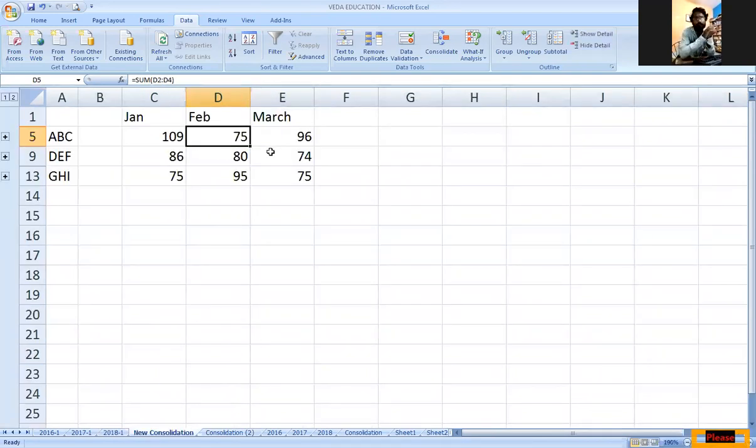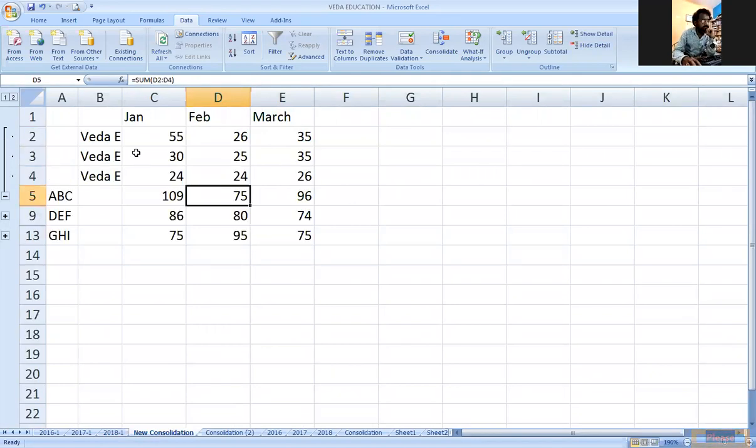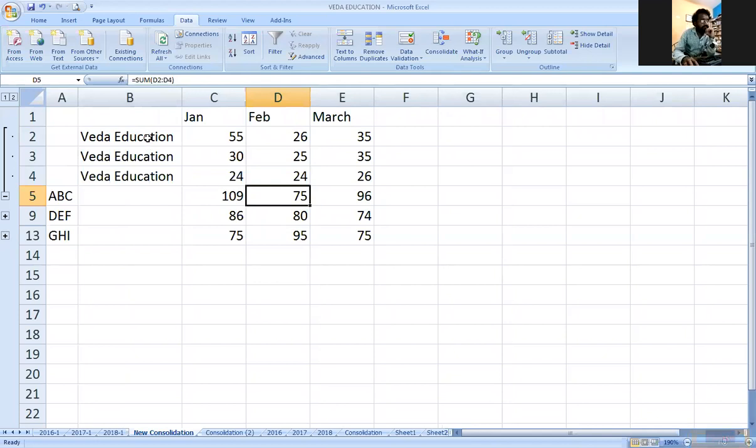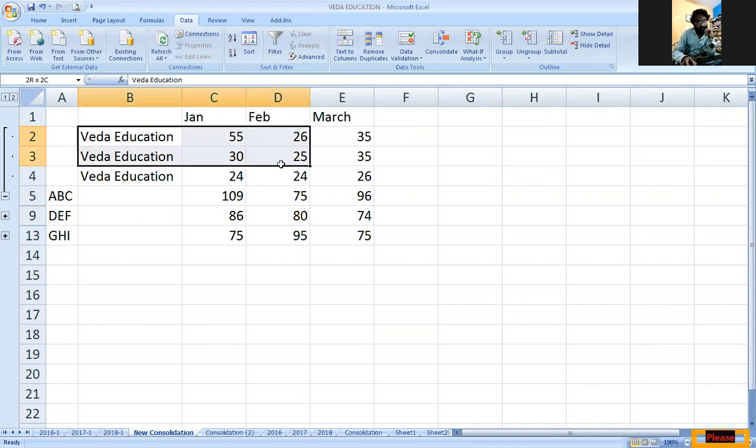And we have new things added to your columns. See this, go to the row headings 1, 2, 3, 4. There is something hidden. Click on these plus symbols, and you can also get it like this. This way, in the education sheet 1, the value is 55, 30 and 24, and the summation of this is 109. And here 26, 25, 24 is 75.